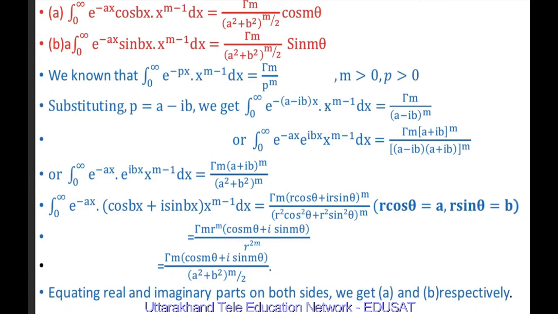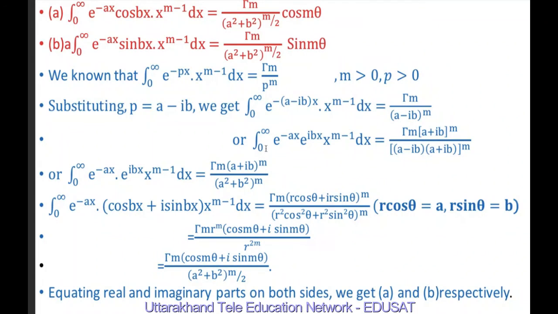then the integral from 0 to infinity of e raised to minus (a minus ib)x times x raised to m minus 1 dx equals gamma m upon (a minus ib) whole raised to m. And we may write it as the integral of e raised to minus ax times e raised to iota bx times x raised to m minus 1 dx equals gamma m, and if we multiply by (a plus iota b) whole raised to m, and here also (a plus iota b) whole raised to m, and this is a minus b, and the power is m here. I have divided and multiplied by (a plus iota b) whole raised to m.